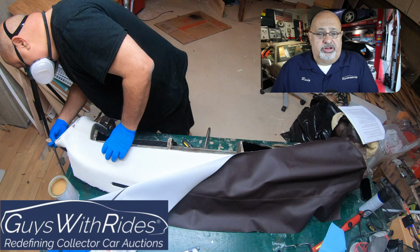So you see I also have non-latex gloves on. Invariably, you're going to get glue as you position this on, and you want to minimize getting that on the cover. So you'll find that I probably won't show up in the video, but I replace the gloves fairly often. In the lower left, you can see I've got a pile of them there. The other thing that's not noticeable, but you'll see, is a very good hair dryer. Nurse Nancy has a very good old hair dryer that I've adopted as my heat gun,